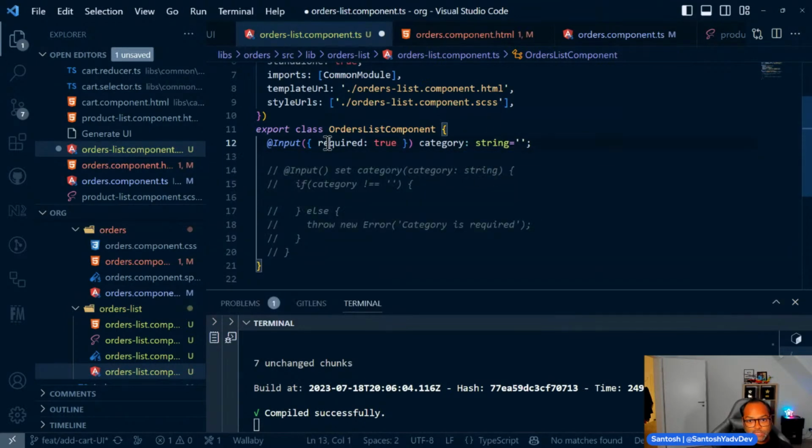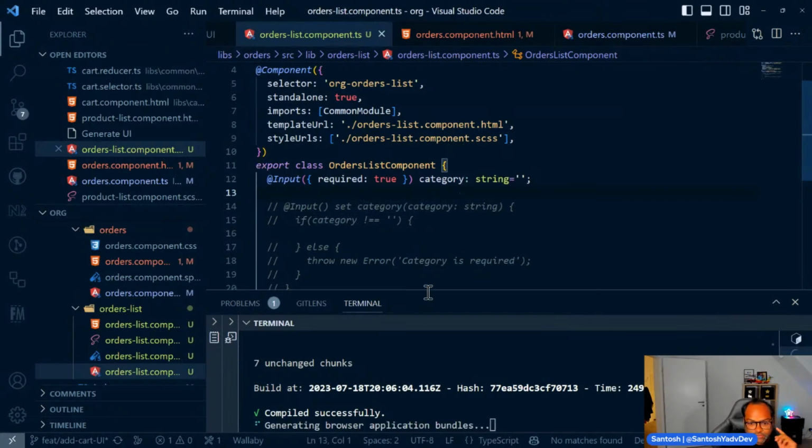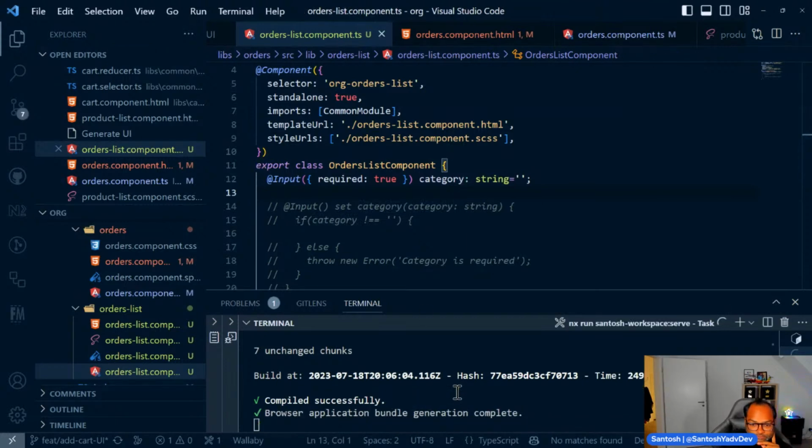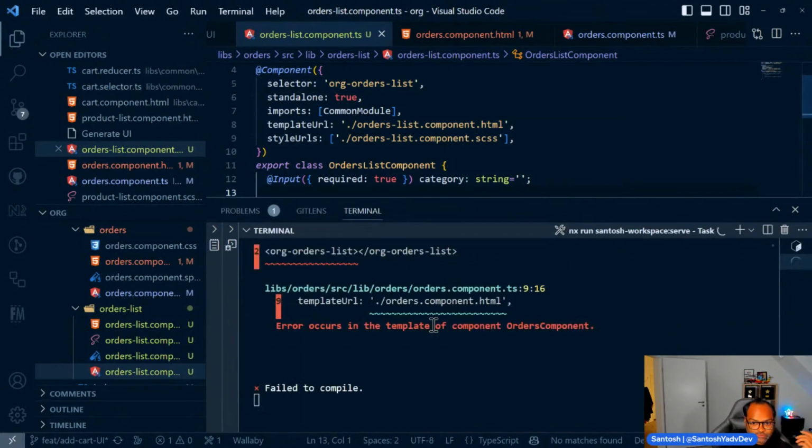And now whoever is using this component org order list, they have to pass this category as mandatory input. So let's go ahead and try to save this. So you can see now the advantage. Let's talk about the advantage which we are getting here. As soon as you say this is required true, your build will fail. So it means rather than actually seeing this error at runtime, now you are actually seeing this at compile